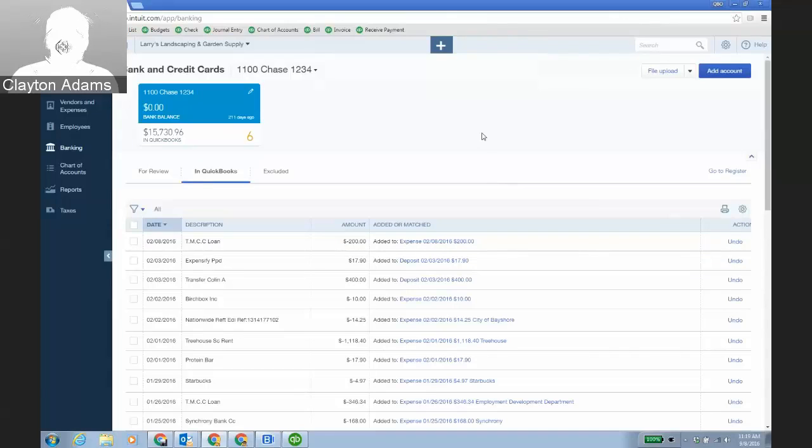So though we don't want mistakes to happen, when they do, I can literally take all these that had the wrong rules applied, or weren't put in the right account, and I can just undo them. So they go back in the For Review tab, and now I can do them correctly. So I love the batch undo and the batch add or batch match, but the rules themselves,